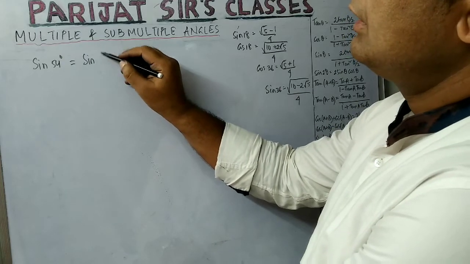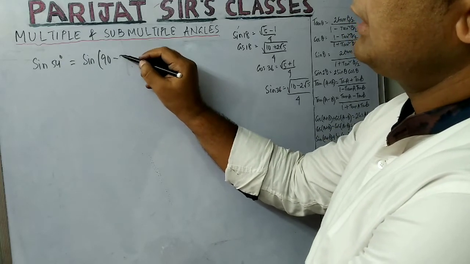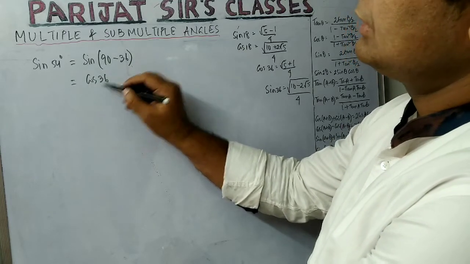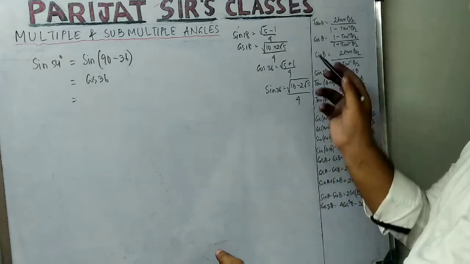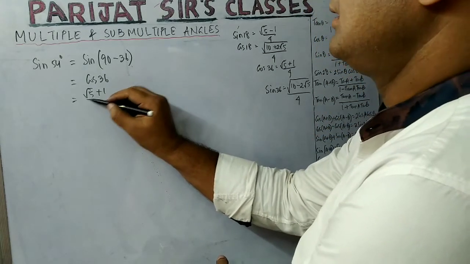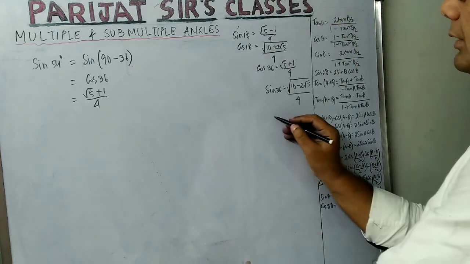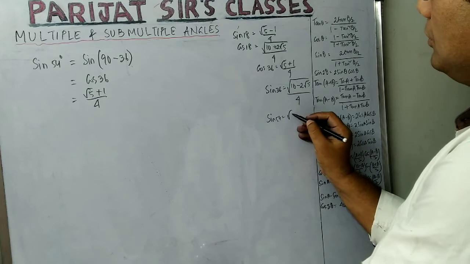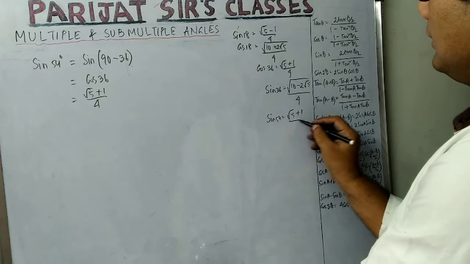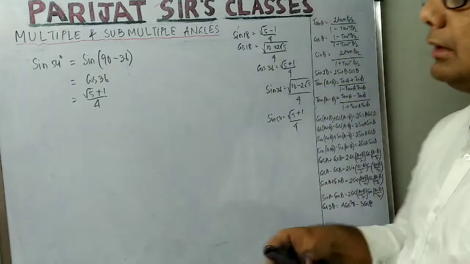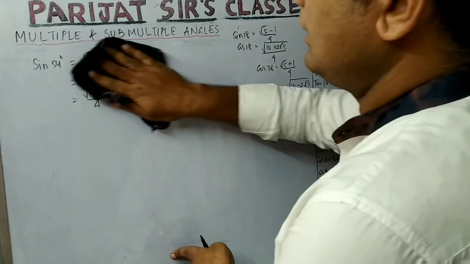Sine 54 is actually sine of 90 minus 36, and we know this is cos 36. Cos 36 value I already know, so root 5 plus 1 by 4. So we got sine 54 as root 5 plus 1 by 4. Clear? Similarly, if I want to calculate